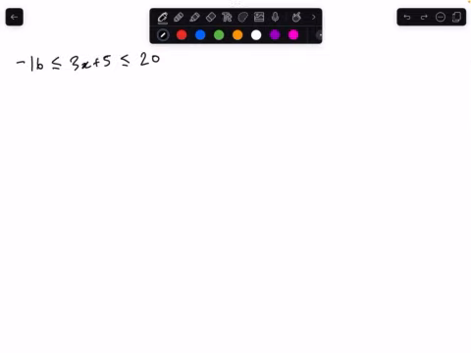So the first thing I notice is that we only have our variable in the middle of this inequality. So if I want to get the variable by itself, we have a positive 5 here. And to get rid of that, we're going to have to subtract 5 from the left, the middle, and the right side. So if we do that,